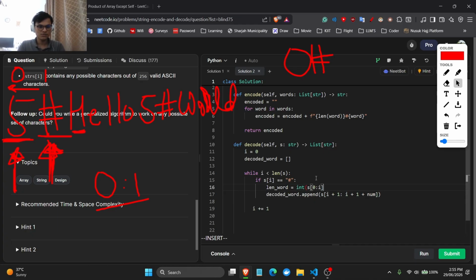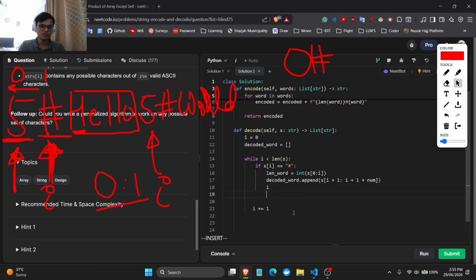This should be an int, right? This is our decoded word, and this is what we do. Now my I is still over here. Now I need to move my I over here so I can start the loop, because this is now tokenized, so to speak. And the way I do that is